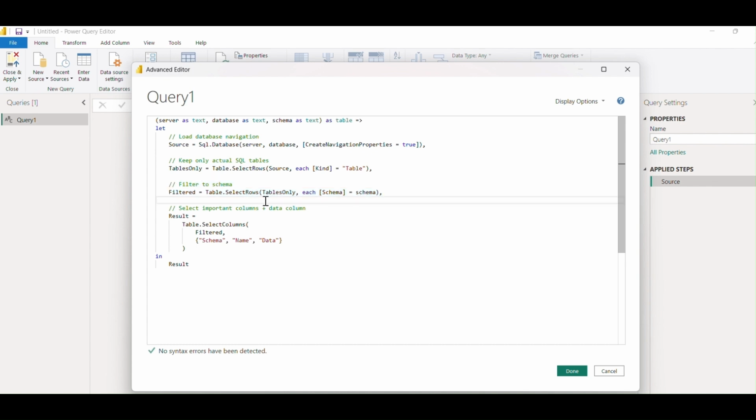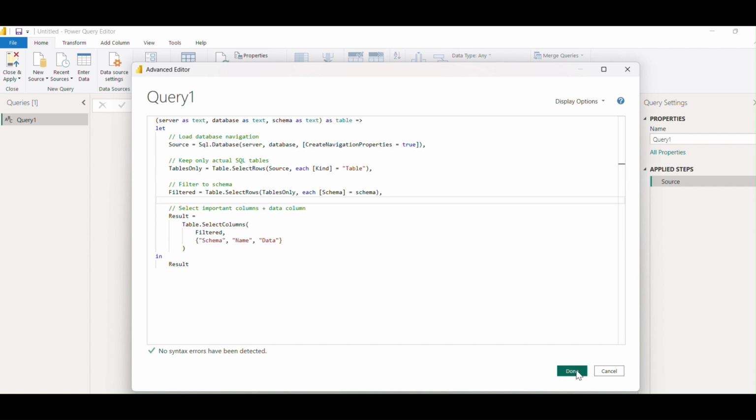There may be a different schema under the database, but if I want to look into one particular schema, for example the sales schema, and under that I want to deal with only the dimension table and fact table information, I can filter on the schema, and finally it will give the result. Okay, so